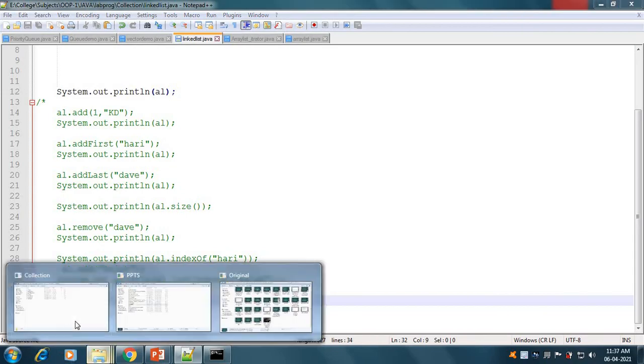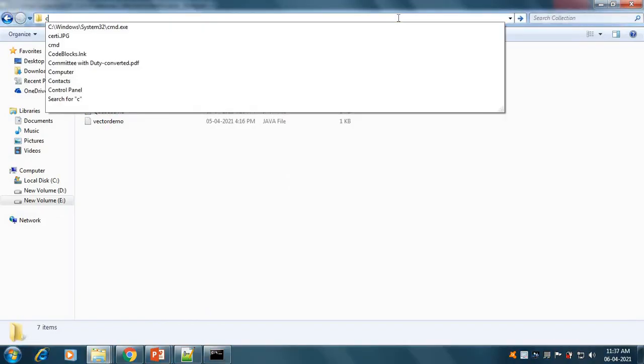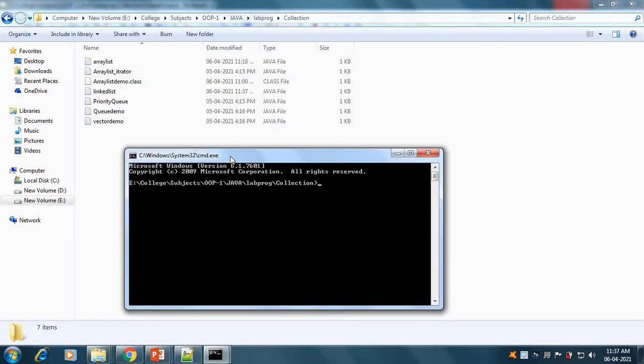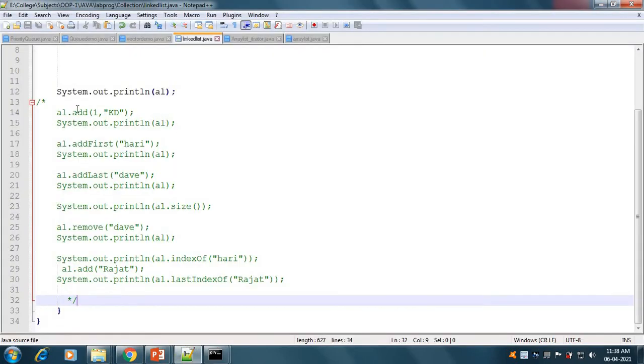So our program is LinkedList. So java LinkedList.java. Here we can see that all three elements are printed: Rachit, Rahul, and Rajat. Okay, now we will move further.